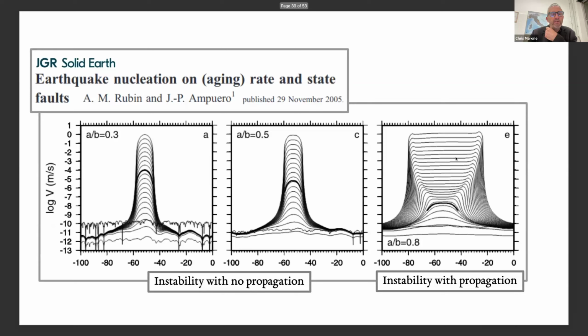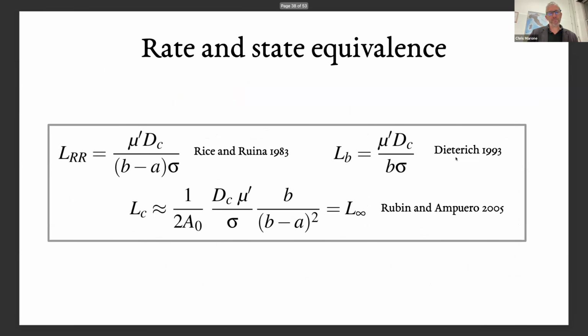Okay? Stefan, yes? Sorry to interrupt. Can you go back 1 slide? This might be too complicated now, but I'd like to ask a question that we can follow up on later about the possible difference between L_R, what you call L_RR, and the L_c or L_infinity here. Because in your model, when it first starts out and the velocities are very low, you don't have this issue that's part of the Rubin and Ampuero term of sudden acceleration, because you really are close to steady state.